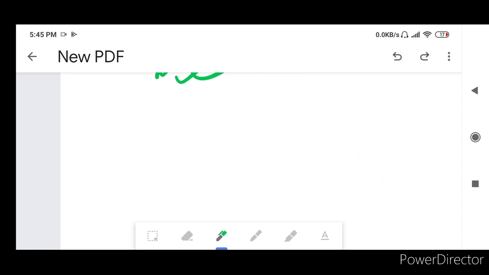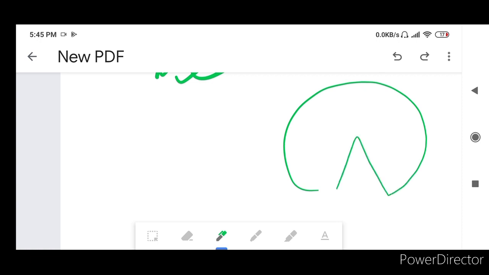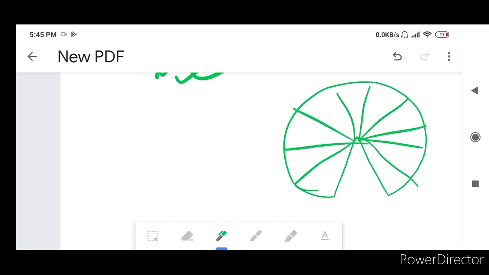Clear? Okay, let me draw it a little bit in a good way. I'm not good at drawing, so don't look at my drawing. Here, how many radii do we have? Infinite number of radii we would be having, because the circle has an infinite number of points. Now see, if I take one part of this, let me draw it a little bit clearly.